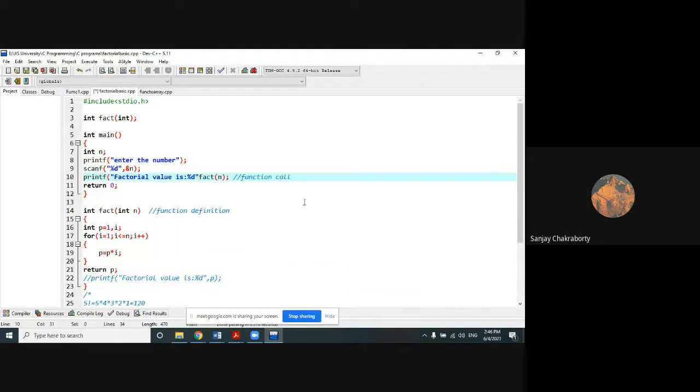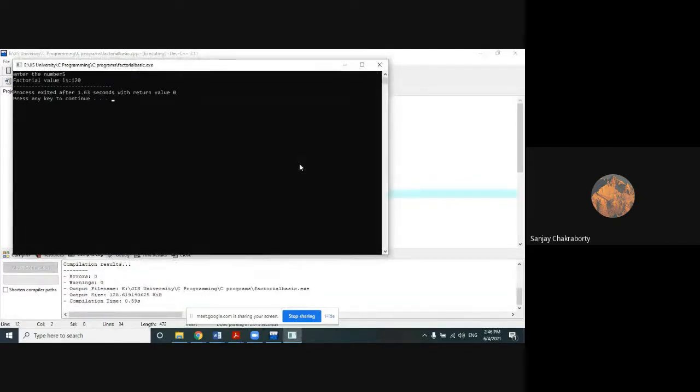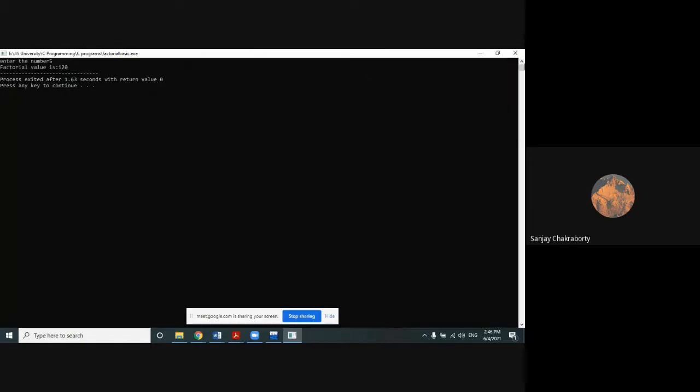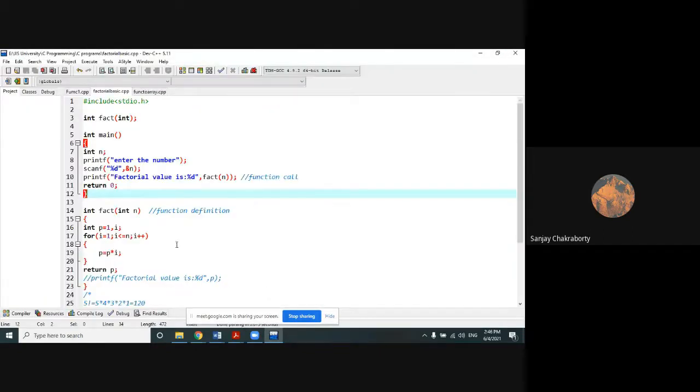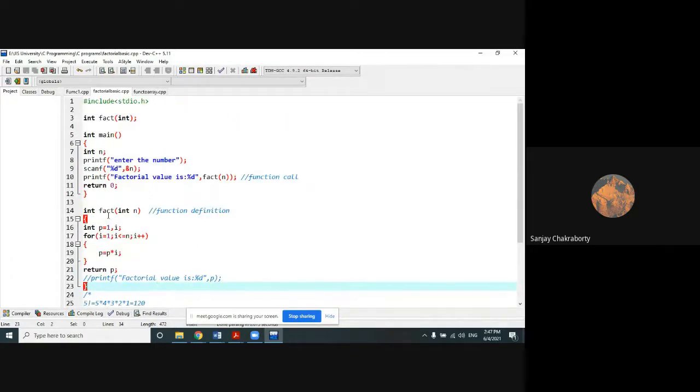Or you can store it into a third variable and then print the variable, is your choice. We can store this function into a third variable and then print the third variable just like the previous case. Okay, run it. 5, 120. So I think you can understand one program can be done in how many ways with the help of this function. So which way the programmer or the developer will prefer, they can use that way to complete this program.